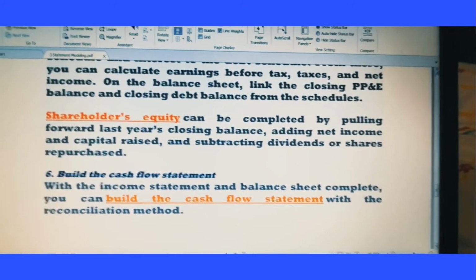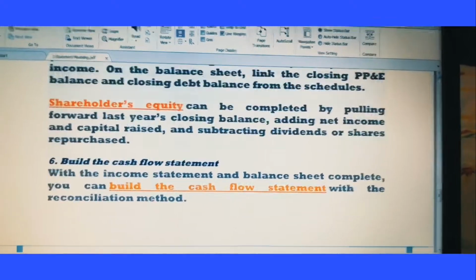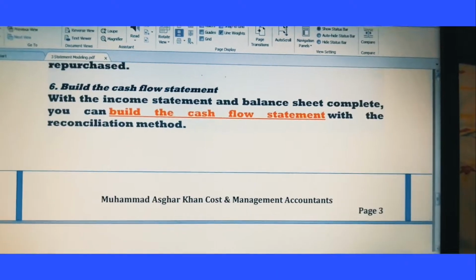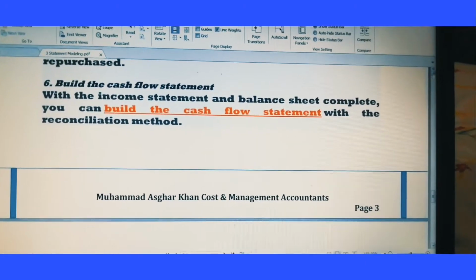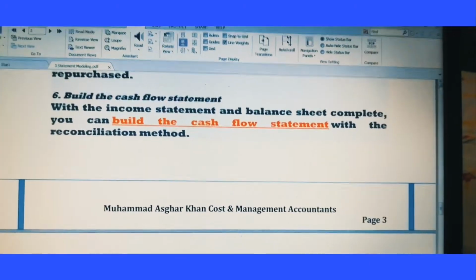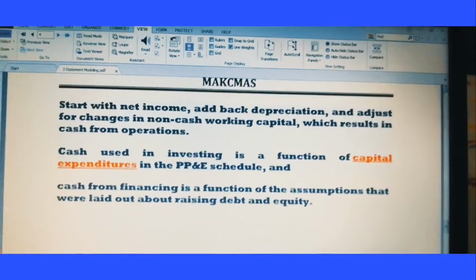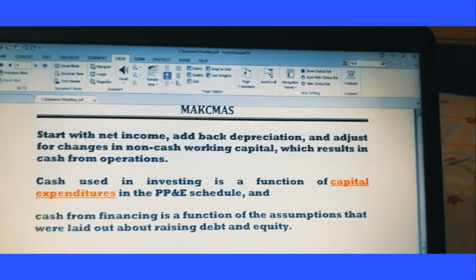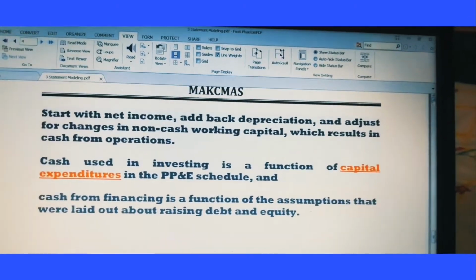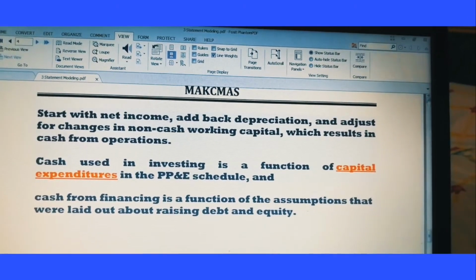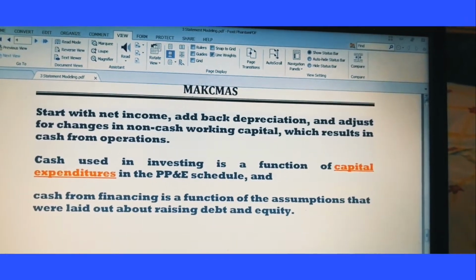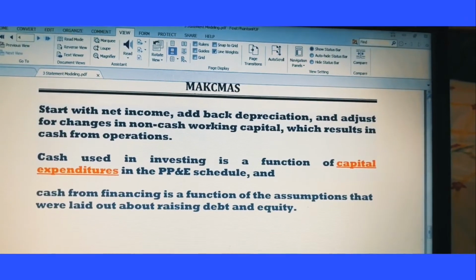With the income statement and balance sheet complete, you can build the cash flow statement with the reconciliation method. Start with net income, add back depreciation, and adjust for changes in non-cash working capital, which results in cash from operations.